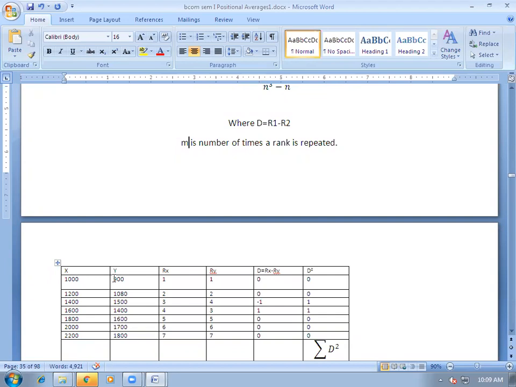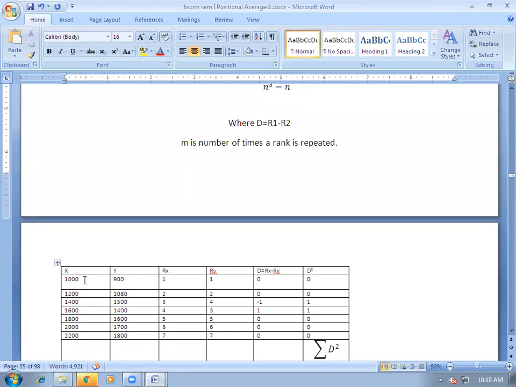You just have to keep in mind, whatever method you use for x, the same method should be used for y. If you are giving rank 1 to the lowest value of x and the maximum rank to the highest value, then you have to use the same method for y: give rank 1 to the lowest value of y and the highest rank to the highest value of y. Here I have used the same method.